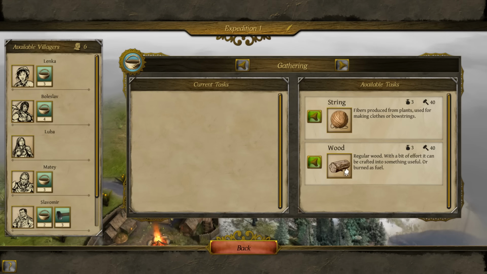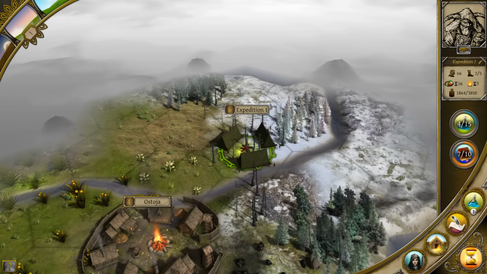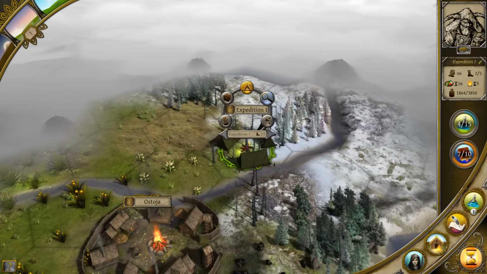Now, the bad thing is, with Thea at the moment, I can't tell what any of these hexes will provide. By mousing over them, by right-clicking, nothing. They really need to add a way to be able to look at what a hex can provide without having to go into a camp first. But I'm there. I'm going to...